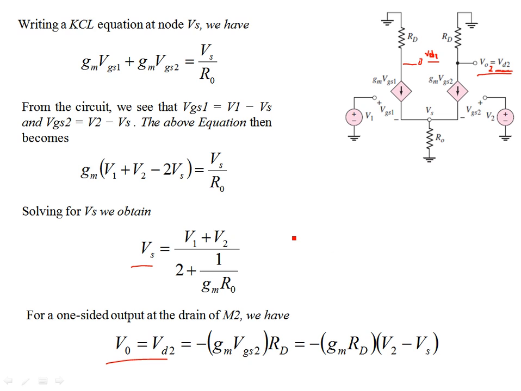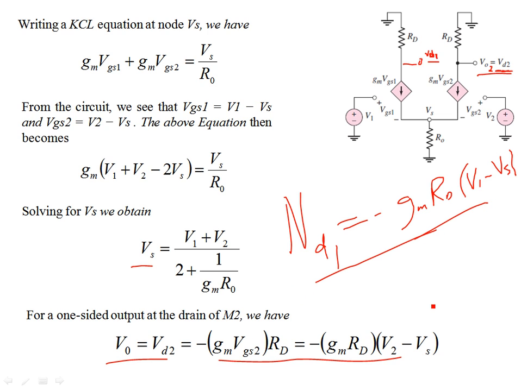Now we will have VD1 as well. This is V0, this is V02, this is VD2. So VD1 is also equal to minus GM RD, since GM is the same, and then you're going to have V1 minus VS. The source is the same. And if you want to take the difference of these two equations,